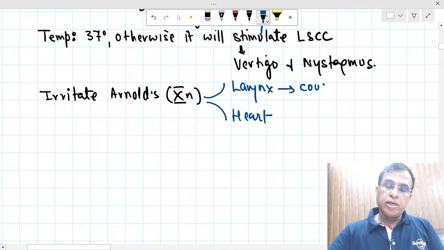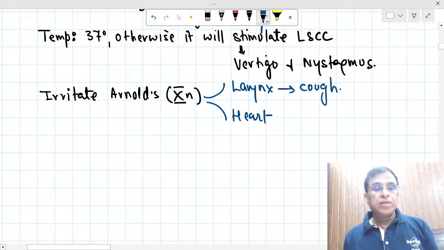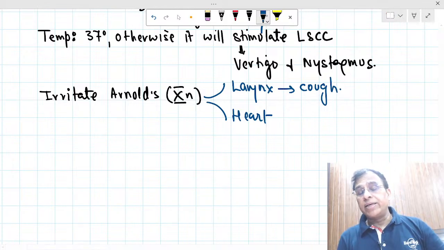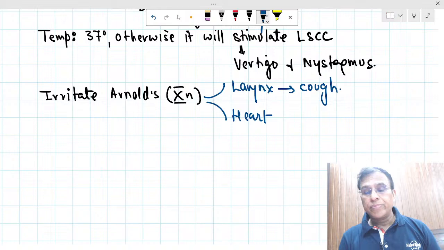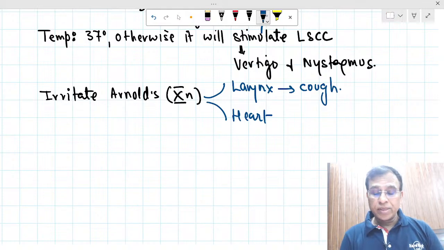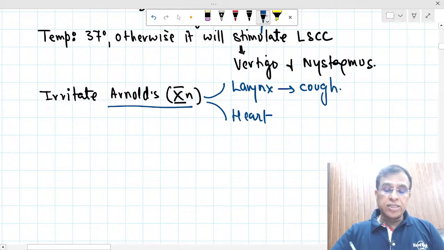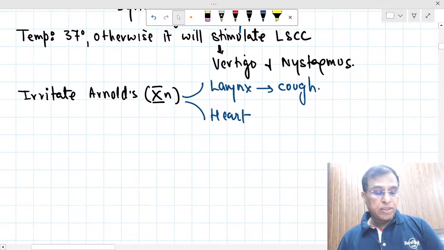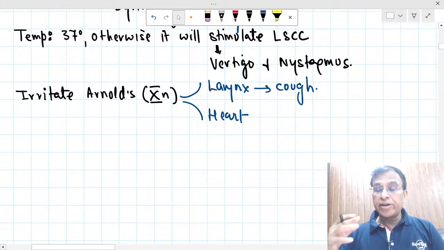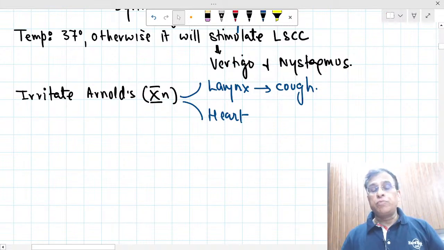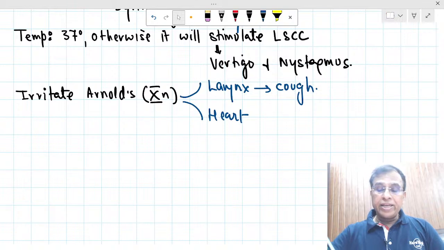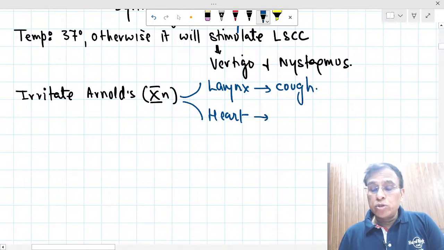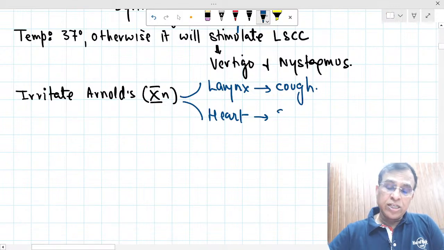And in clinical practice, coughing is something you experience very commonly whenever you start doing something in the canal, like syringing or removal of a foreign body. The patient starts coughing, and you know that the vagus, the Arnold's nerve, is getting stimulated. And if the heart gets stimulated, the person goes into bradycardia, the heart rate drops, the blood supply is compromised to the brain also, and if the bradycardia is significant and the blood supply of the brain goes down significantly, then syncope can happen,